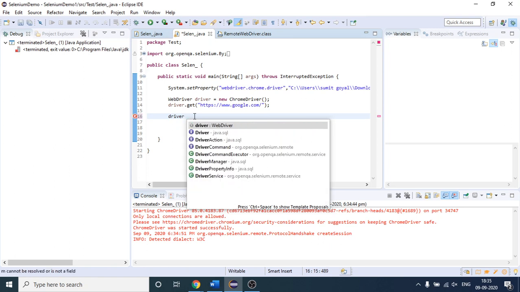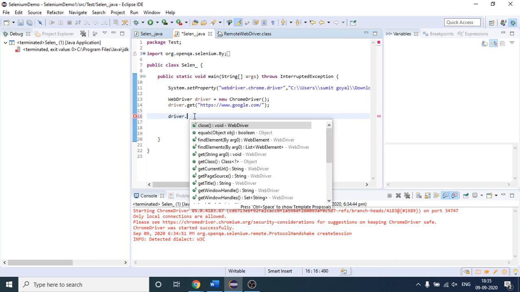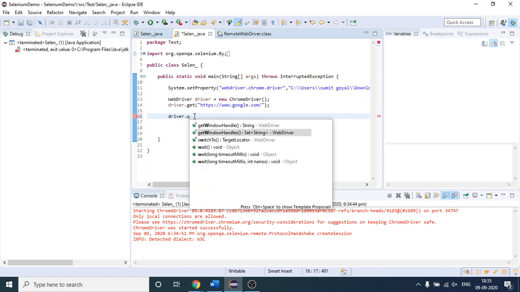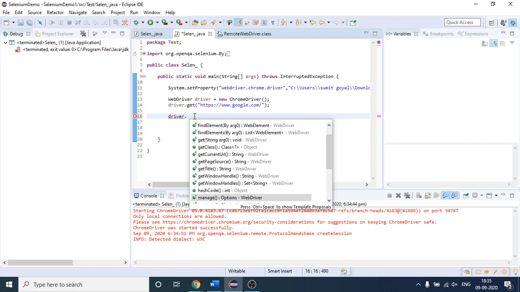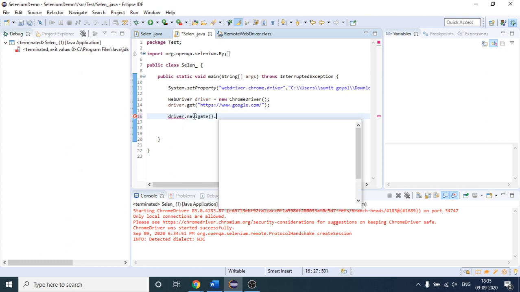So driver dot, I think it was driver dot window. I forgot the method. Let me see, driver dot navigate. Let me do it again.